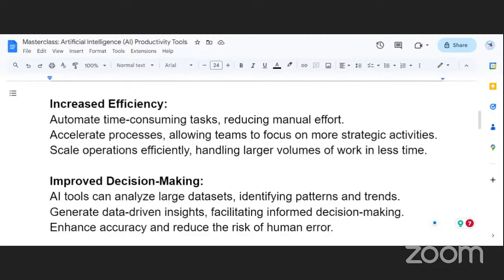And then another thing is, these artificial intelligence tools can help you scale operations efficiently and handle large volumes of work in less time. Obviously, when you're able to do a lot of work in a short period of time, there are a lot of chances that your entity can grow, you see? And when it grows, that means that work is already well for you.